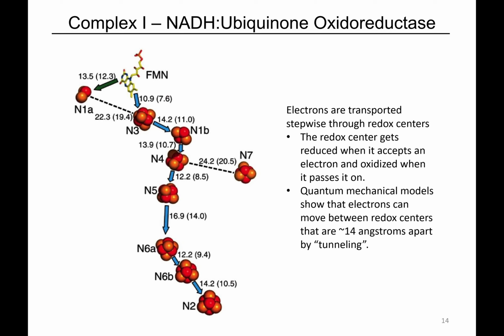So with our flavin, it's also a 2-electron carrier, right? We take 2 electrons from NADH, give them both to FMN to make flavin mononucleotide in this reduced form. But I mentioned that iron sulfur clusters are single electron carriers, which means we can't give 2 electrons at a time to our iron sulfur clusters. We have to pass them one at a time.